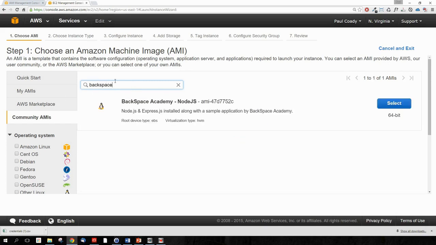So go into Community AMIs, backspace, and there you have the Backspace Academy Node.js AMI. So this is going to have Node and Express already installed. It'll have a sample application on there. It'll have the AWS command line interface on there. It'll have the AWS Node.js software development kit, and it will also have a few things already set up in Linux as well to run Node. So we select that,